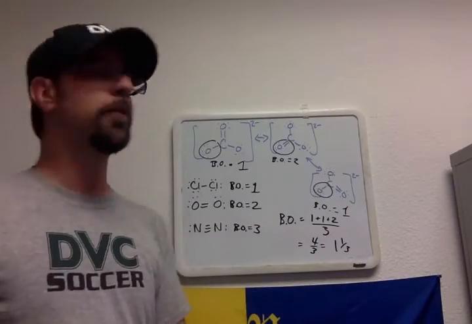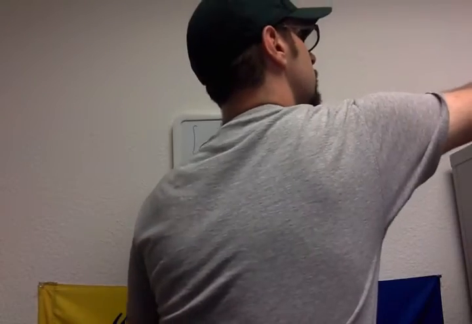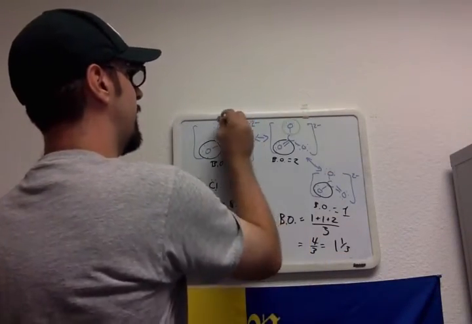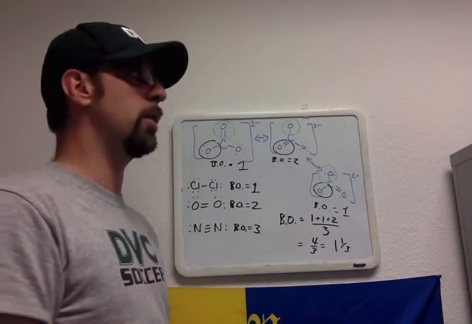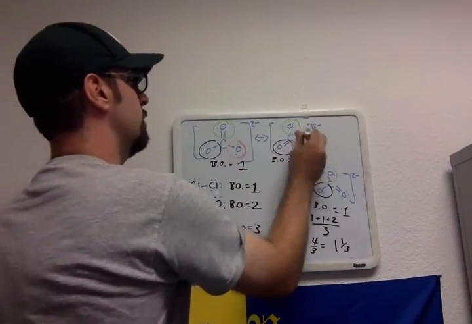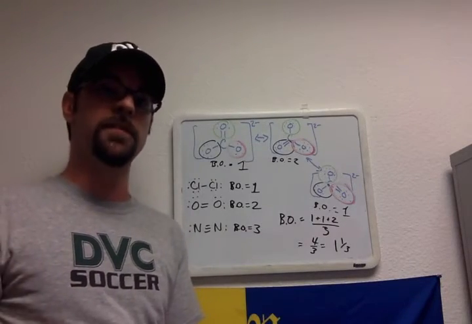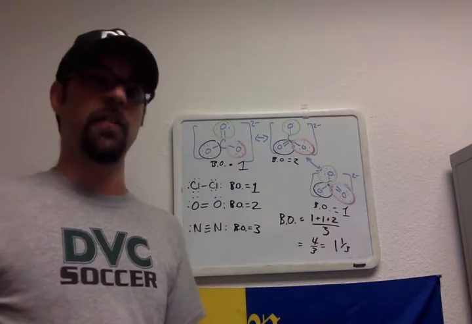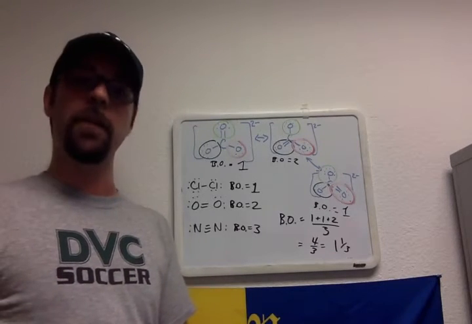And if I look at any of the other specific bonds here, pull up some different colors maybe. If I look at any of the other specific bonds, what I'll find is that looking at this top one, it is also a single bond twice and a double bond once. And if I look over at the one on the right side, I'll again see that it's a single bond twice and a double bond once. So in each of those cases, if I were to ask you on a test, what is the bond order of a CO bond in this molecule, your answer would be it's 1 1/3,